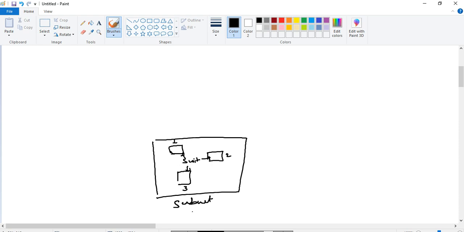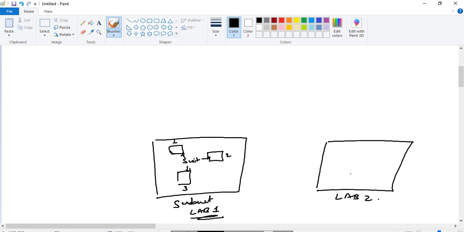Subnet means lab 1. Same, we have lab 2, where different computers are connected with each other. Here we have a switch, and here we have computer 1, computer 2, and computer 3, and these are all connected to each other with the help of the switch, and this switch is connected with the router to communicate between them, and the whole of this